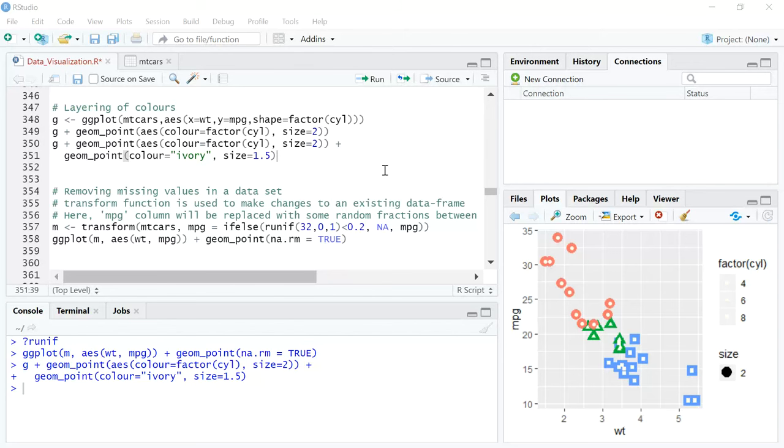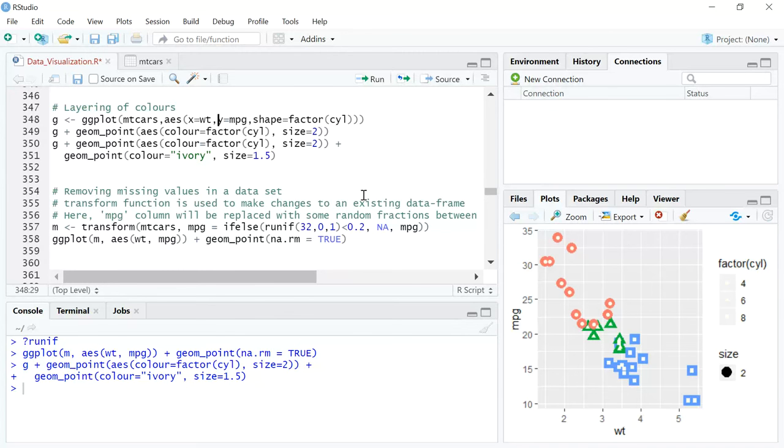The second one is we're going to look at how null values can be removed from a data set within a single line of code, and you can run a ggplot to show the whole column against any other column, the correlation of that column with any other column, or distribution of that column with respect to any other column, removing those null values, right? It's a pretty straightforward argument, but very useful when it comes to missing values or null values, and so forth. So let's get quickly into action.